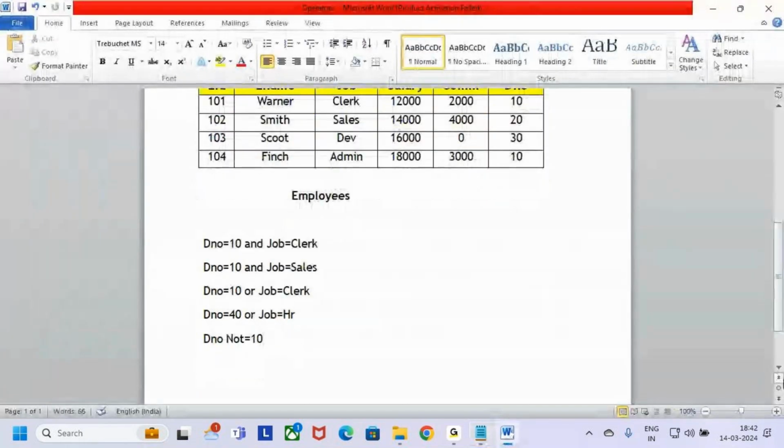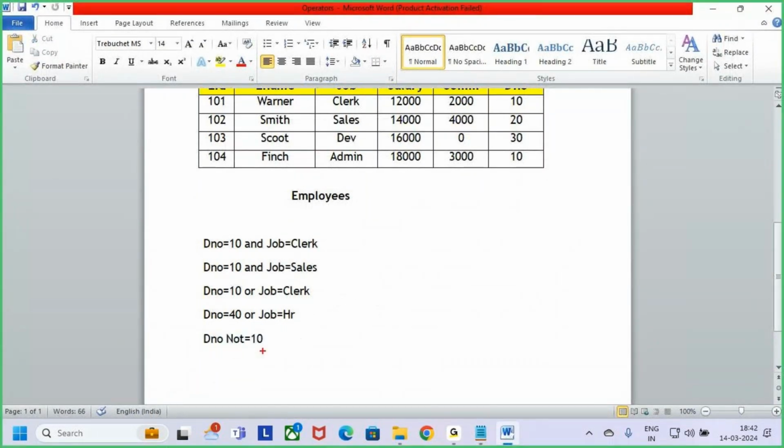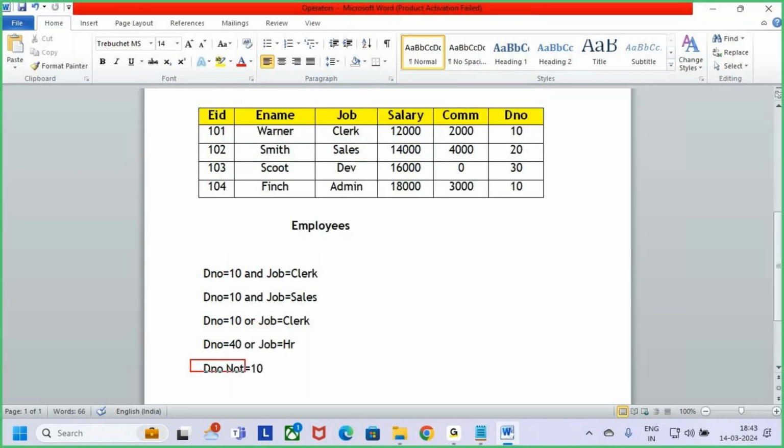So let me explain here. Now see, my requirement here is I want to find out the employees where the department number not equals to 10. Now see, how many employees is there where the department number not equals to 10? These are the two employees. One is Smith and second is what? Scott. So the input is what? Department number not equals to 10. Not equals to 10 means these are the two employees. Where the department number equals to 10, these two employees will get, Finch and